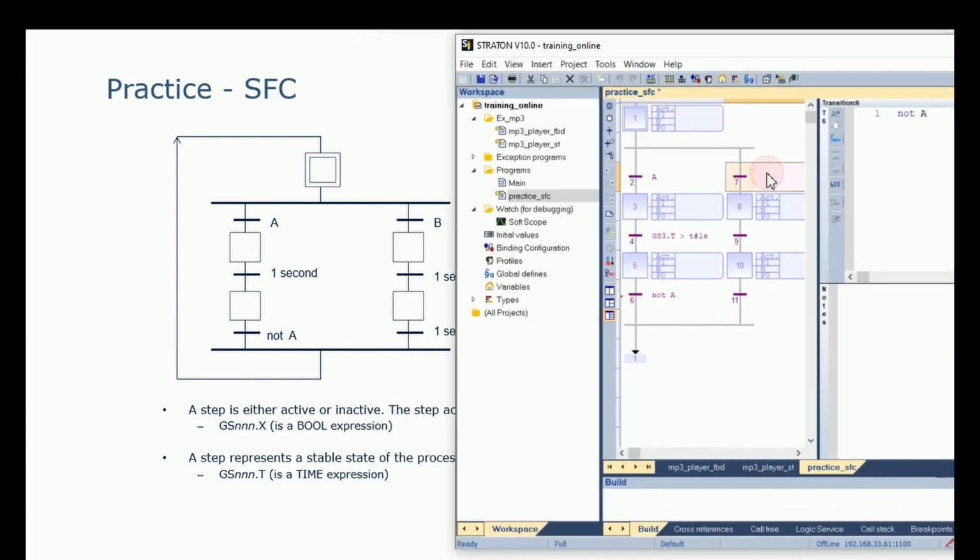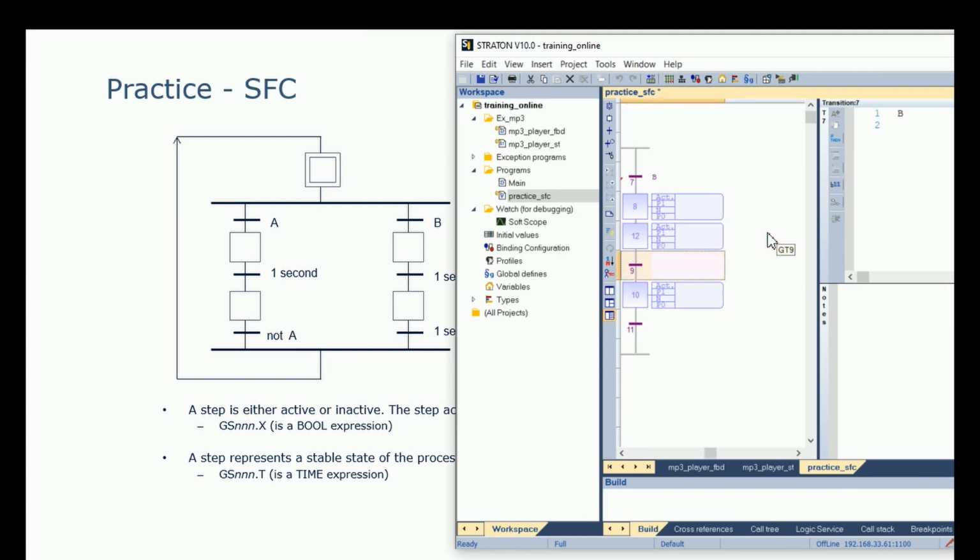And for the transition of the other branches, I enter here B, that I have to declare. It is a boolean. Here I also have 1 second, so GS8.t greater than T, it takes 1 second.